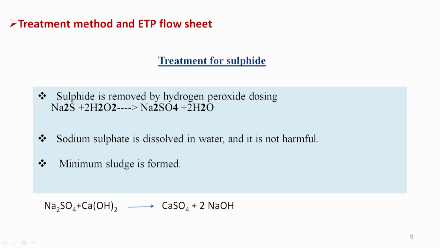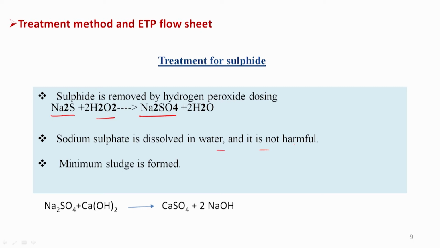So, sulphide treatment. The sulphide may be present as Na2S in some water streams. In that case, if we provide H2O2, the Na2S can be converted to Na2SO4. We have discussed H2O2 as an oxidizing agent and an advanced oxidation process. So Na2S is converted to Na2SO4, and the sodium sulphate produced here is dissolved in water and is not